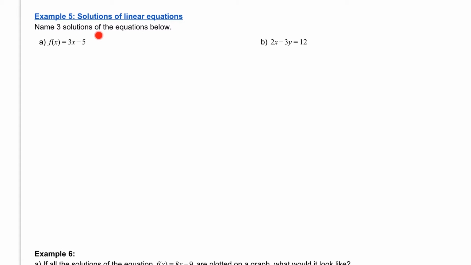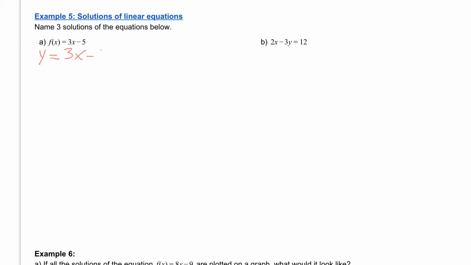In example 5, we're going to name 3 solutions from an equation. We have 2 different equations we're going to take a look at. The first one is f of x equals 3x minus 5. One thing to note is f of x is just function notation. And that function notation means that f of x really represents y. So if it helps, we can rewrite this equation as y equals